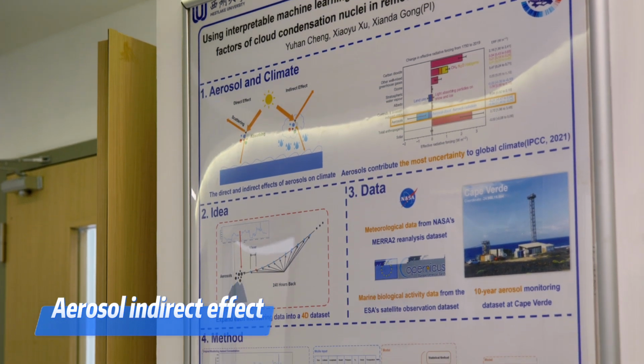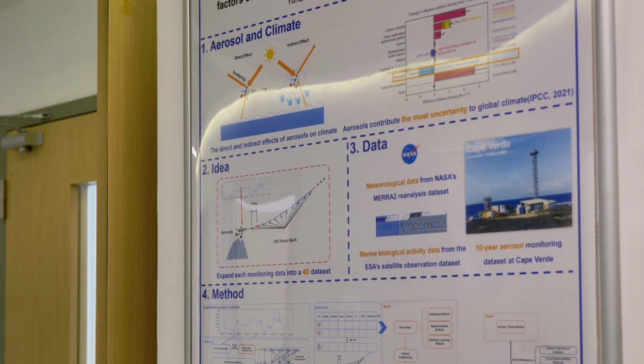And also, more aerosol added to the cloud, you have a smaller cloud droplet. It also has a longer lifetime of the cloud. The cloud can survive for a longer time. Basically, it also increases the cloud albedo. This is called aerosol indirect effect. So that's why the aerosol and aerosol-cloud interaction have impact on the climate change.